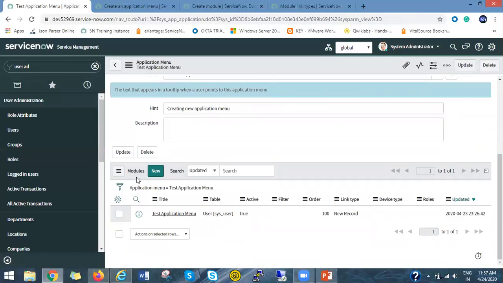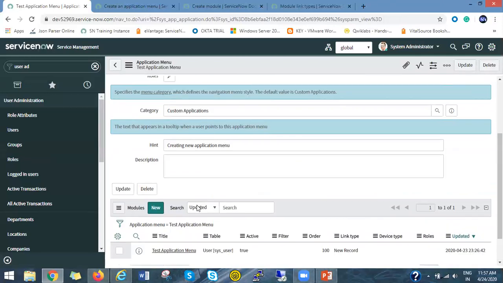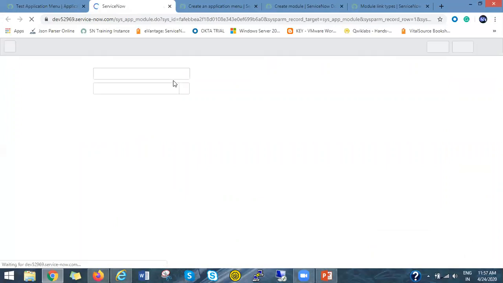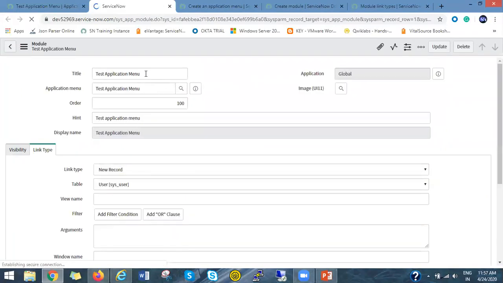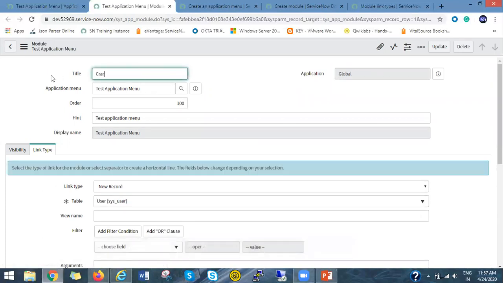Okay, so now if you open this application menu, you can see one module is available inside this test application menu, right? And okay, let me give a different name here. Suppose its name is create user.